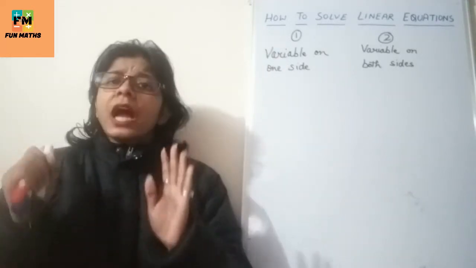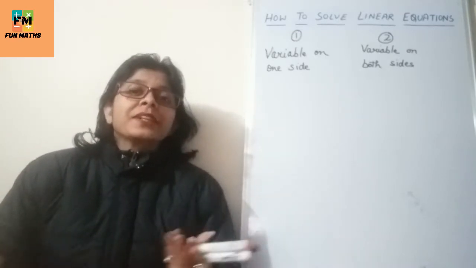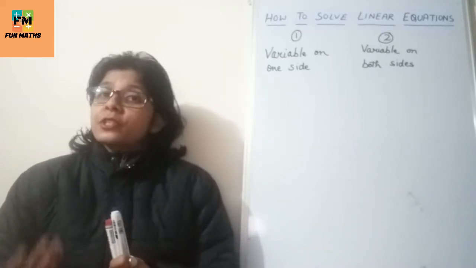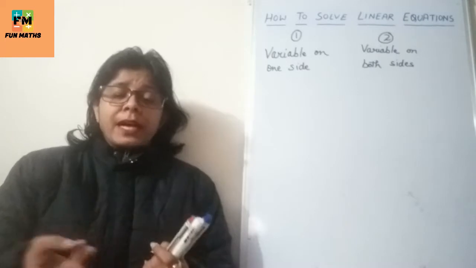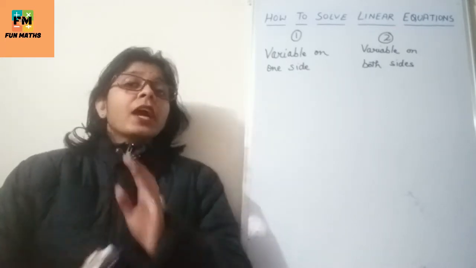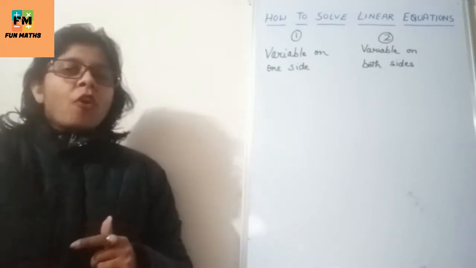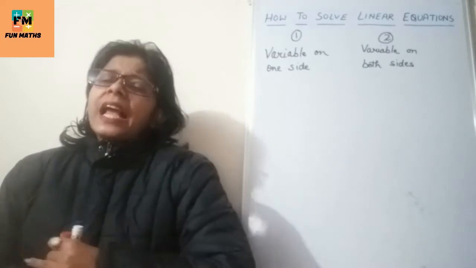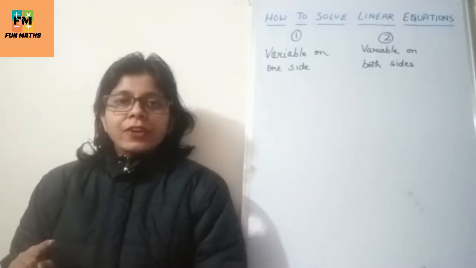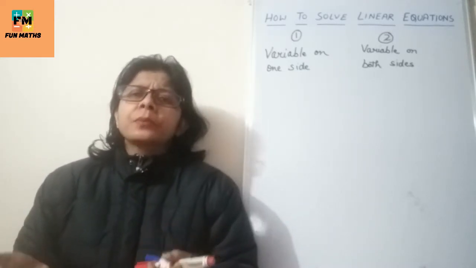Now we know that in algebra we are going to play with the variables, the constants, and all the operations we have learned in arithmetic: plus, minus, multiply and divide. Here we are going to rearrange these operations to get the value of a variable. Algebraic equations, we know, are statements which have an equal sign. Let me tell you one example.